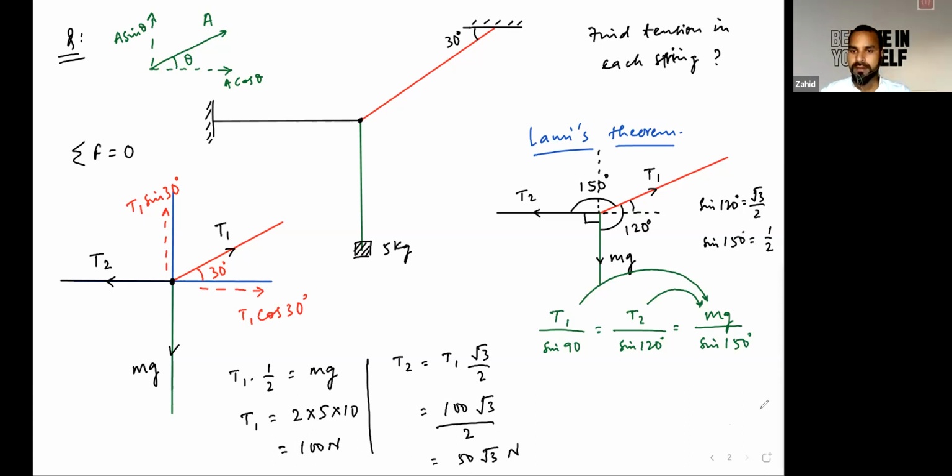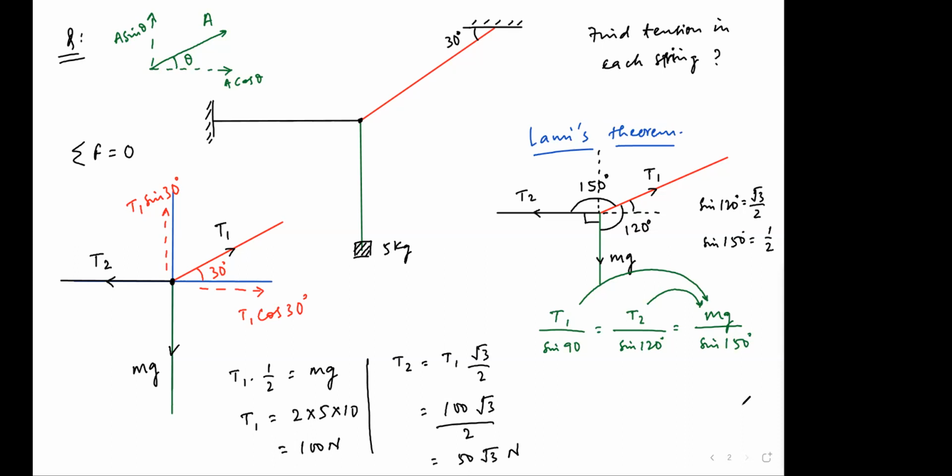You're done till this part. Yes, sir. Done. In this calculation,